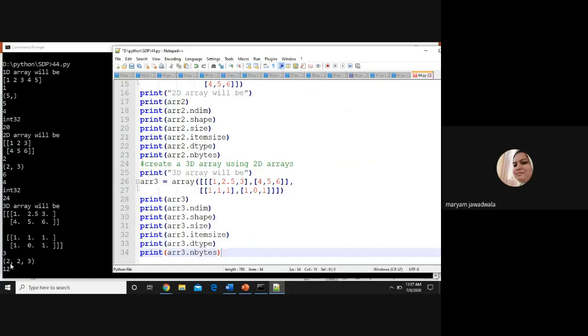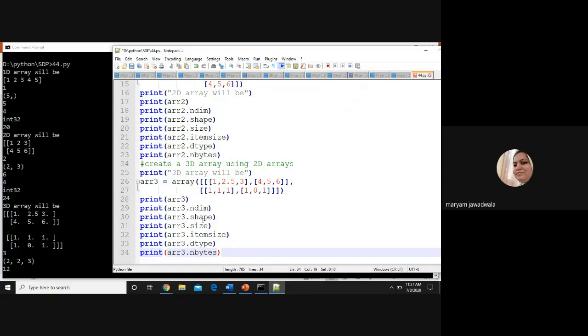We are creating ARR3 using 2D arrays, so 2 will display. And then the next 2 is nothing but the number of rows in each 2D array. In the first 2D array we have 2, in the second again 2, so it will display 2, and then 3, the number of columns in each row, which is 3. So 2, 2, 3.